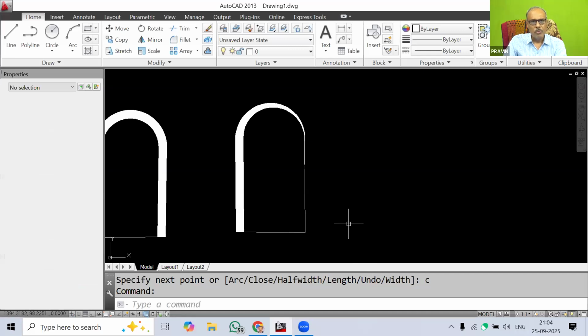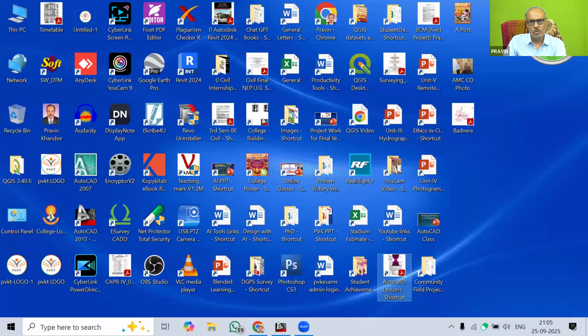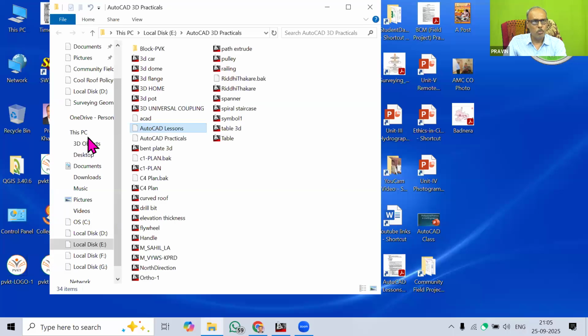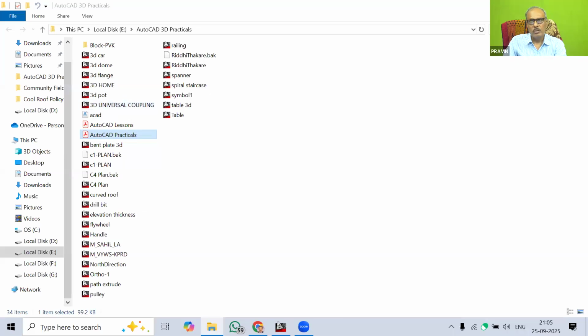So in this way, these are the various objects you can make by using the polyline command. Now I am giving you one exercise. You have to be ready to take the screenshot. I will open the exercise file, and you have to take the screenshot and try to draw that type of object in your AutoCAD. You have to practice this. I will show you that and you can just draw it.